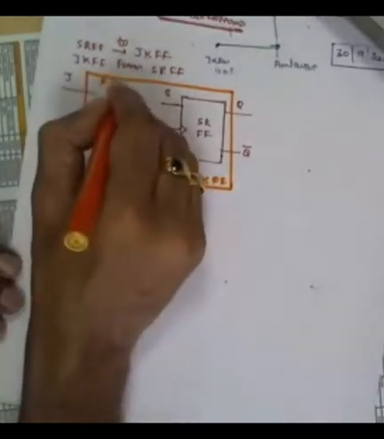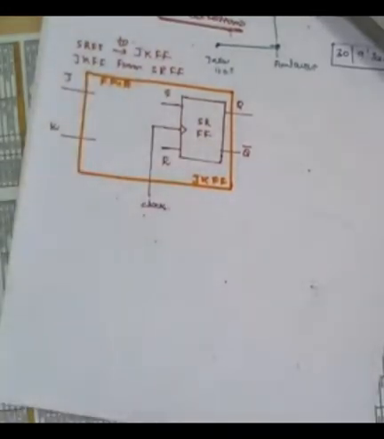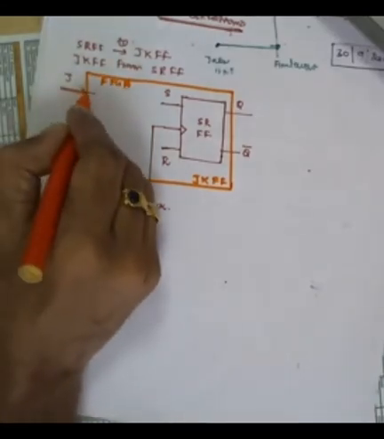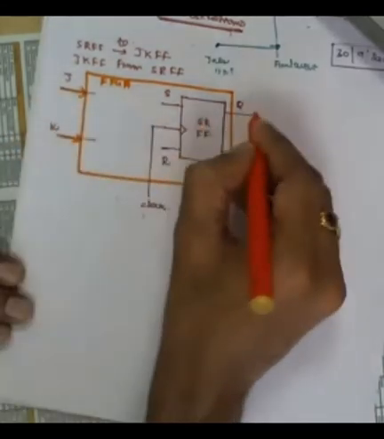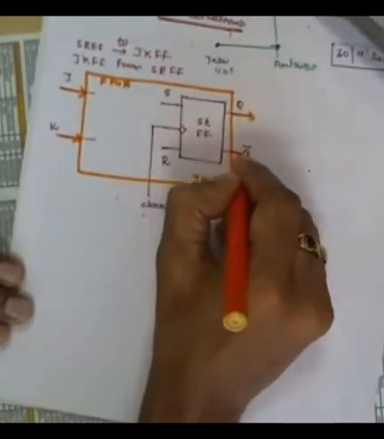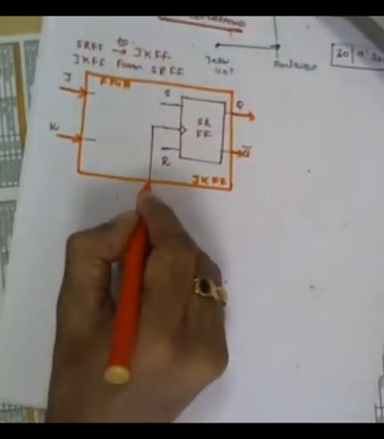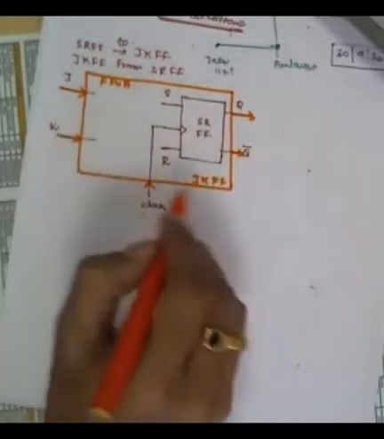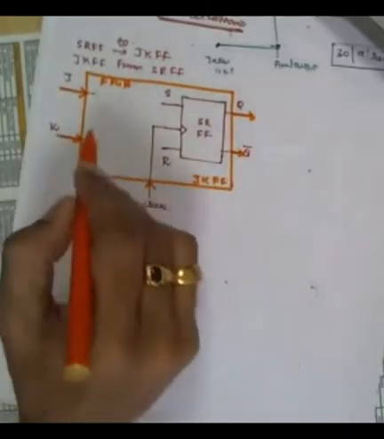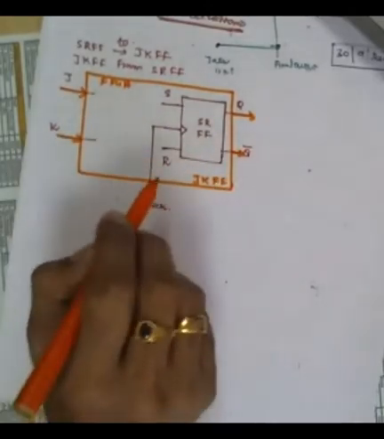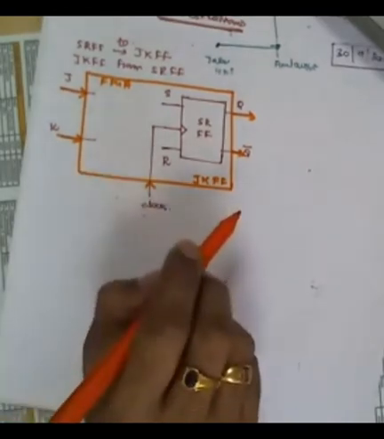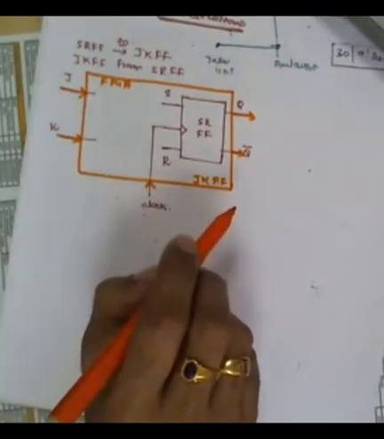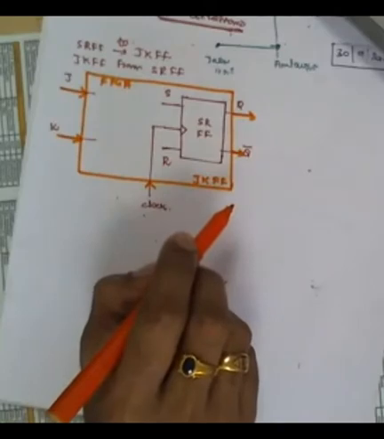In our case right now, that means I am going to implement in the FPGA the SR flip-flop to act as the JK flip-flop, right? You see the external input. This is the input, this is also input, and this is the external output. Then this is also the input. So the clock is going into this box. J and K inputs are also going into this box, right? But the core within this box is an SR flip-flop, not a JK flip-flop. But what do I want? I want a JK flip-flop, not an SR flip-flop.